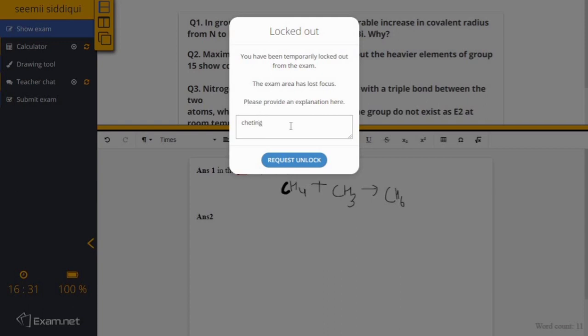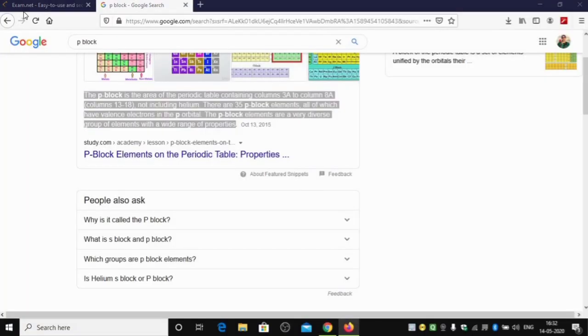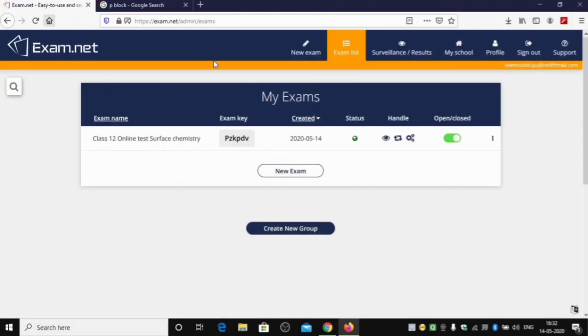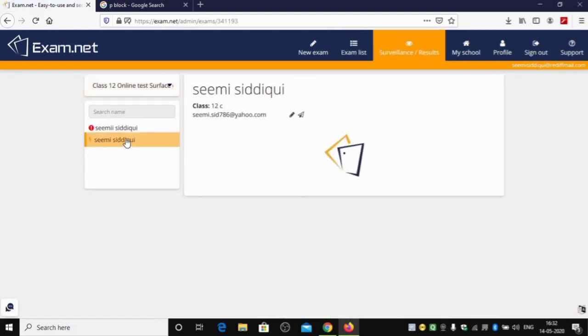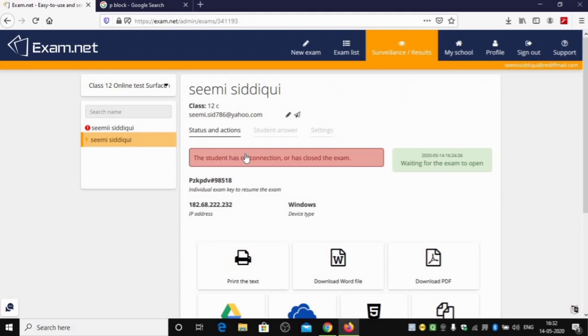After the explanation, you just need to give a request to unlock. Then the moment when I unlock it, you will be able to do the answer again. Like I was attempting, the exam has closed over here.